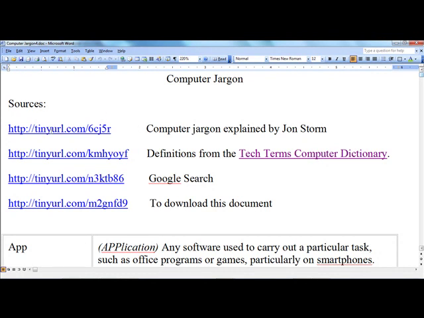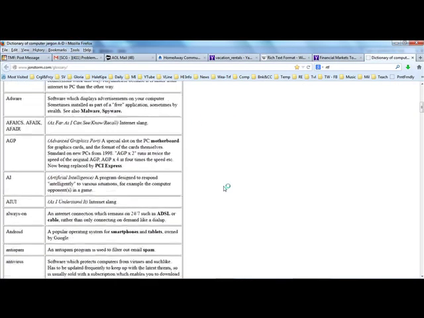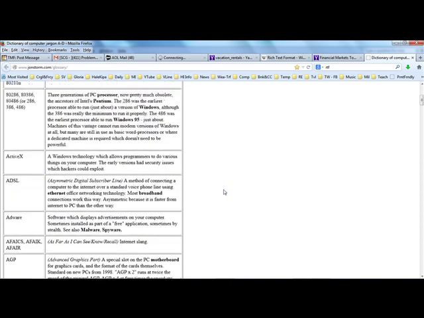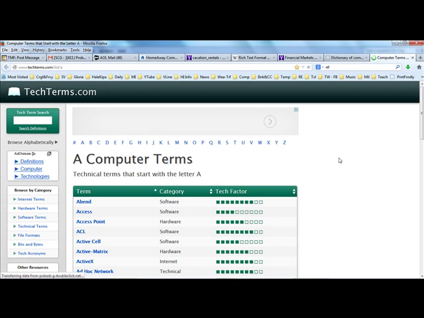But remember that there are plenty of places where you can find this yourself by just putting computer jargon in Google, or you can go to this website, which is where I got a number of these definitions, or you can go to this website, where I got a number of others.